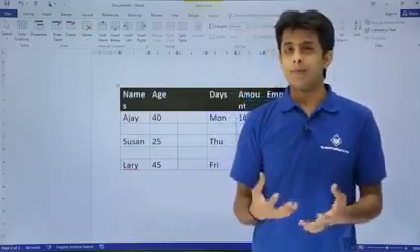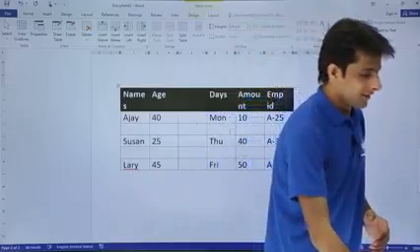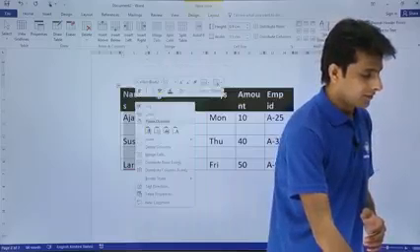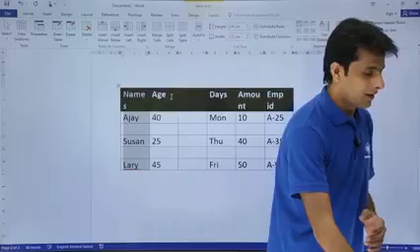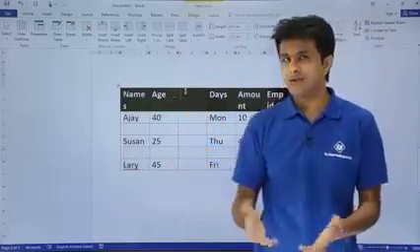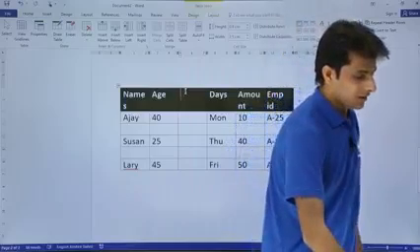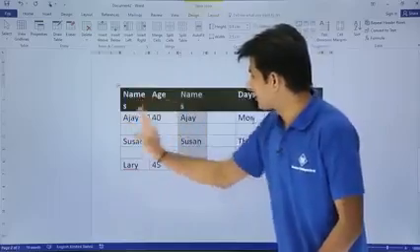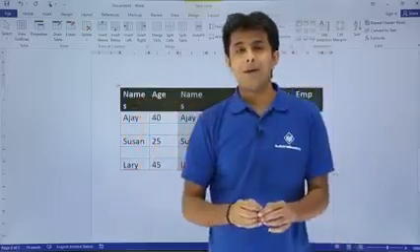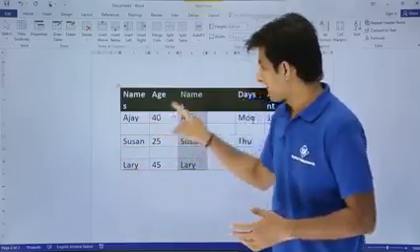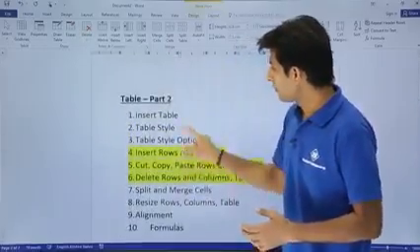Similarly, if I want to copy and paste, how do I do that? I'll just select this column here, right click on this column, and say Copy. And if you want to paste in this place, just right click and say Paste Column. So this way copy paste is done. You can see copy paste. The same applies for rows also. Rows you can cut, copy, paste similarly. So I hope you are able to understand.